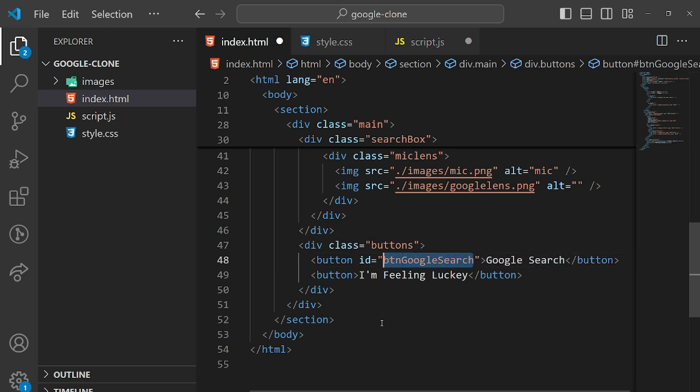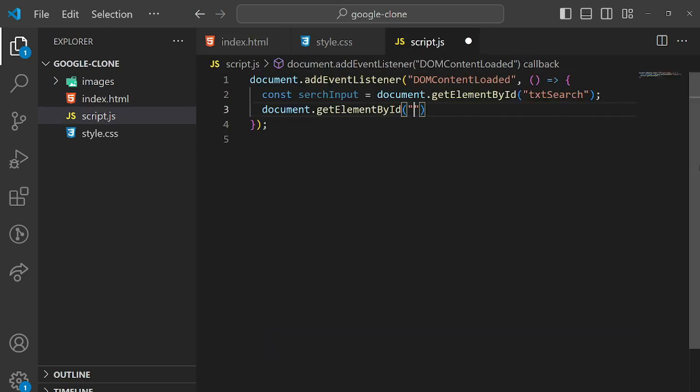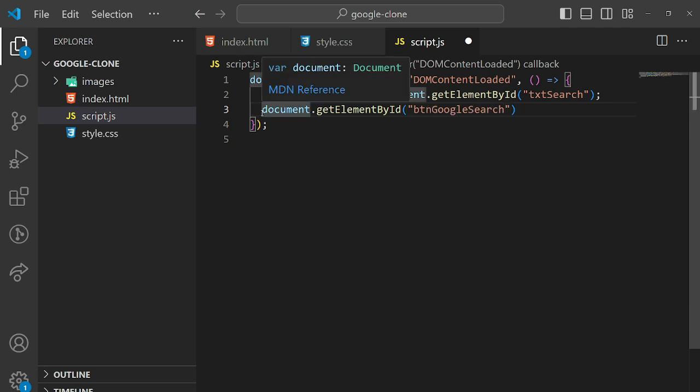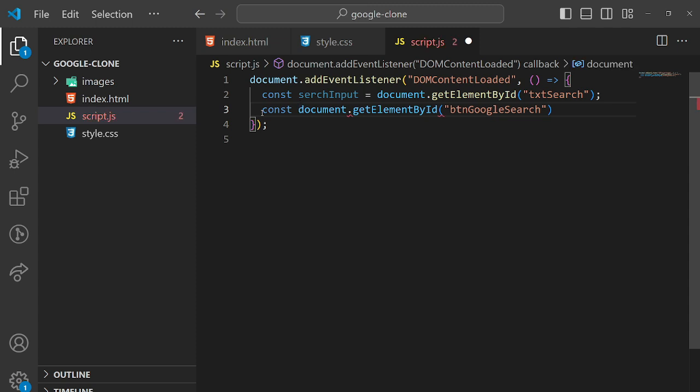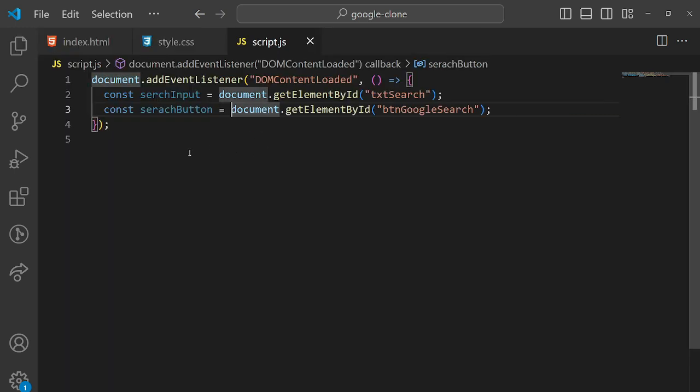So copy this ID, go to this script file, and paste it here. We need to create a variable, and the variable name is searchButton, and assign it to this value. Okay, so let's close this window.